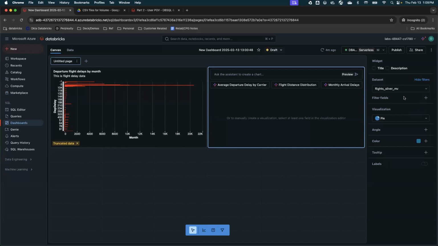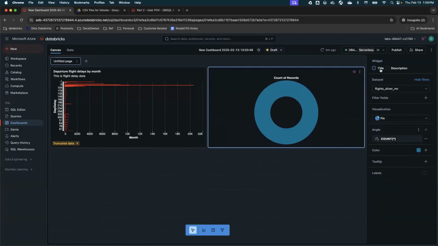So asking a question is one very good example where you don't spend a lot of time building the chart, but at the same time, I can select the data set, I can select the pie chart. In angle, I can select the measure count star.